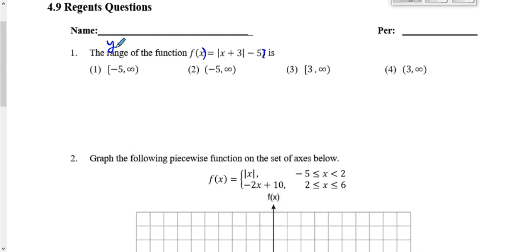Maybe if you remember absolute value, right? If that's absolute,